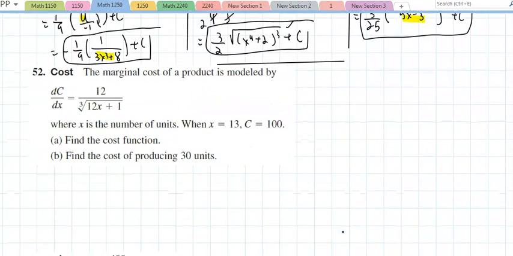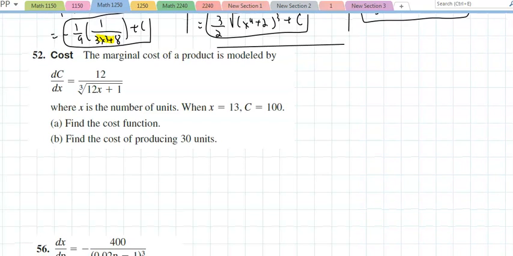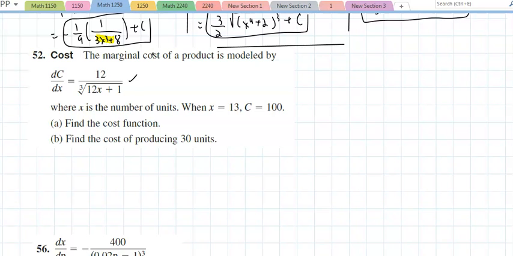And here's our first application. The marginal cost of a product is modeled by this equation, where x is the number of units, and c is the cost. When x equals 13, c equals 100. Find the cost function. Well, if I take dc/dx to be 12 divided by the cube root of 12x plus 1, if I cross multiply,